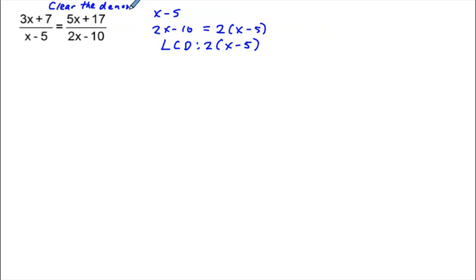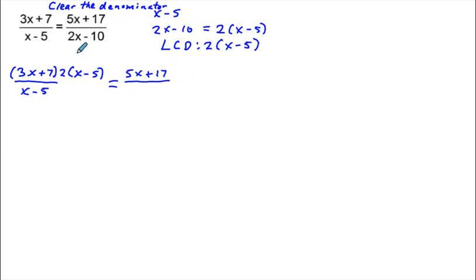and what that's going to enable us to do is solve the equation a lot easier. So here I'm going to rewrite 3x plus 7 over x minus 5, and we're going to multiply each of these expressions on either side of the equal sign by the least common denominator, which in this case is 2 times quantity x minus 5. And we're going to do the same thing on the right side. So we have 5x plus 17